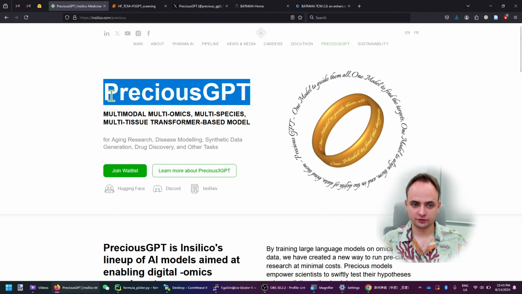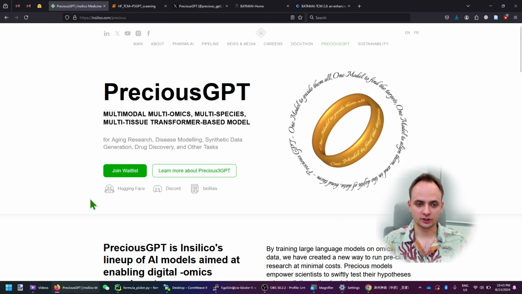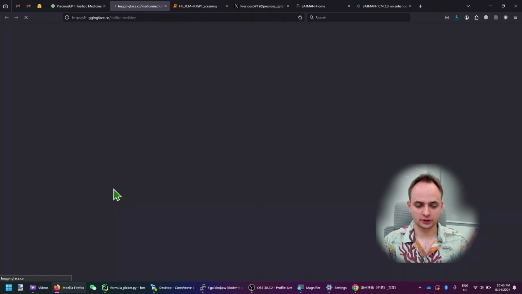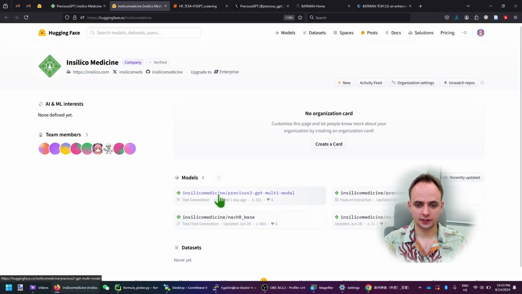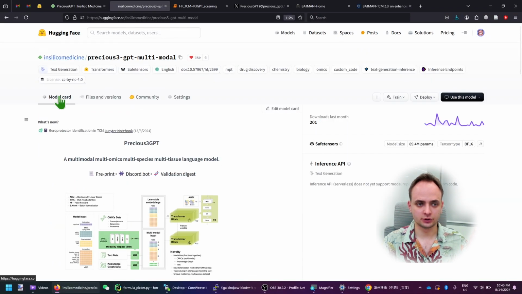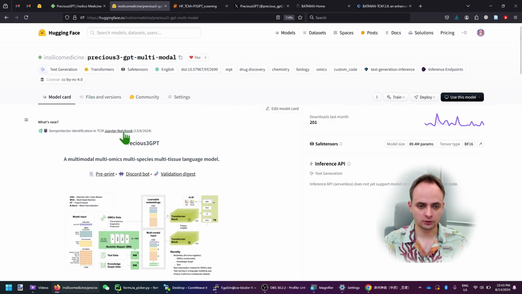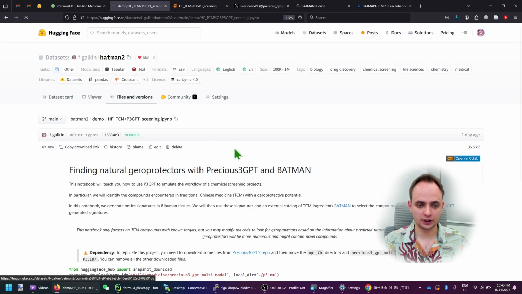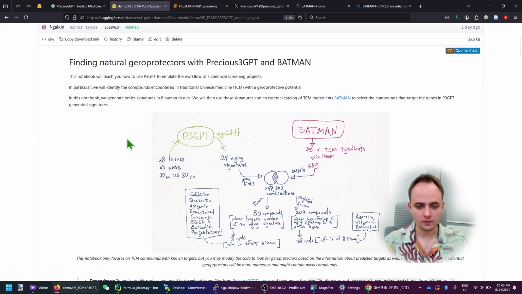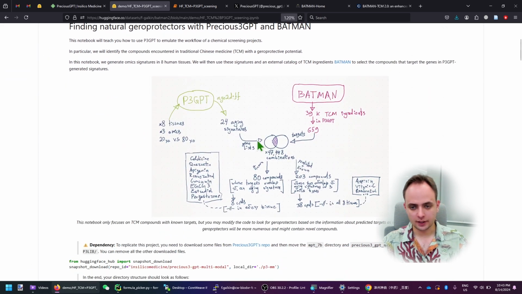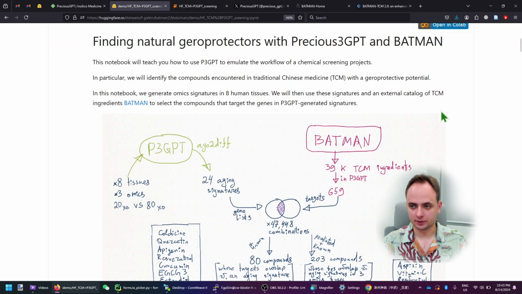So you can always find a fresh link to our Hugging Face repository here on our corporate website, insilico.com. So just click here or use the search on Hugging Face. Now, here is the repository for our Precious model. You can download it, you can read how to operate it, but we are here for this particular project. Now, what we did, let me make it larger,